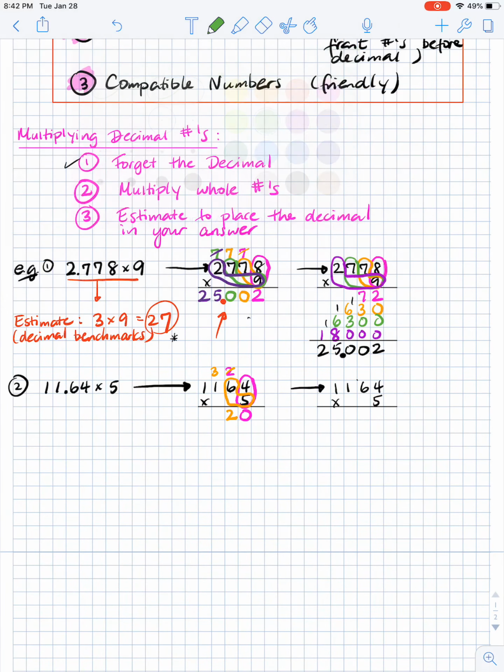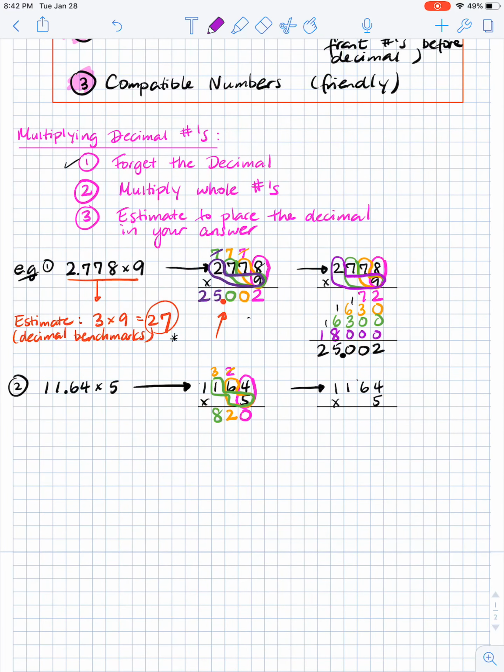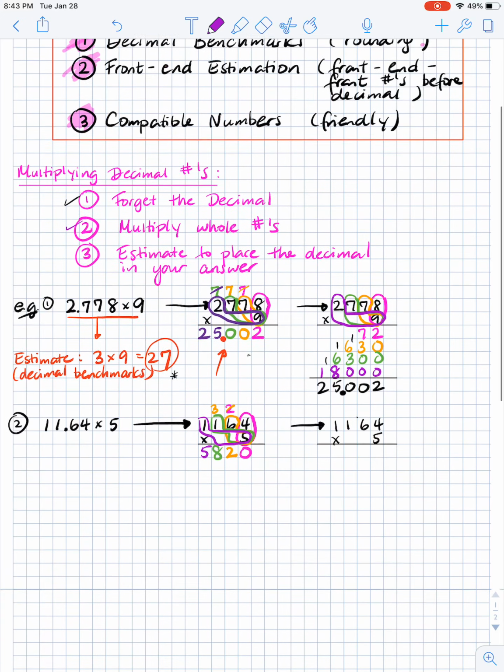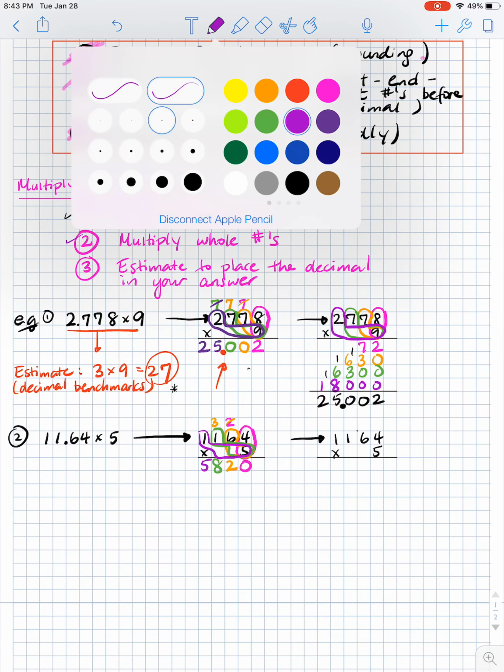The next one is green. And then I'm going to do 1 multiplied by 5 here, which I know is 5, plus 3 is 8. And then the final step, which is purple, I'm going to do 1 times 5 here, which is 5. Okay, now we've multiplied the whole numbers. The third step is estimating to place the decimal in your answer. Okay, last time we used decimal benchmarks. This time let's do